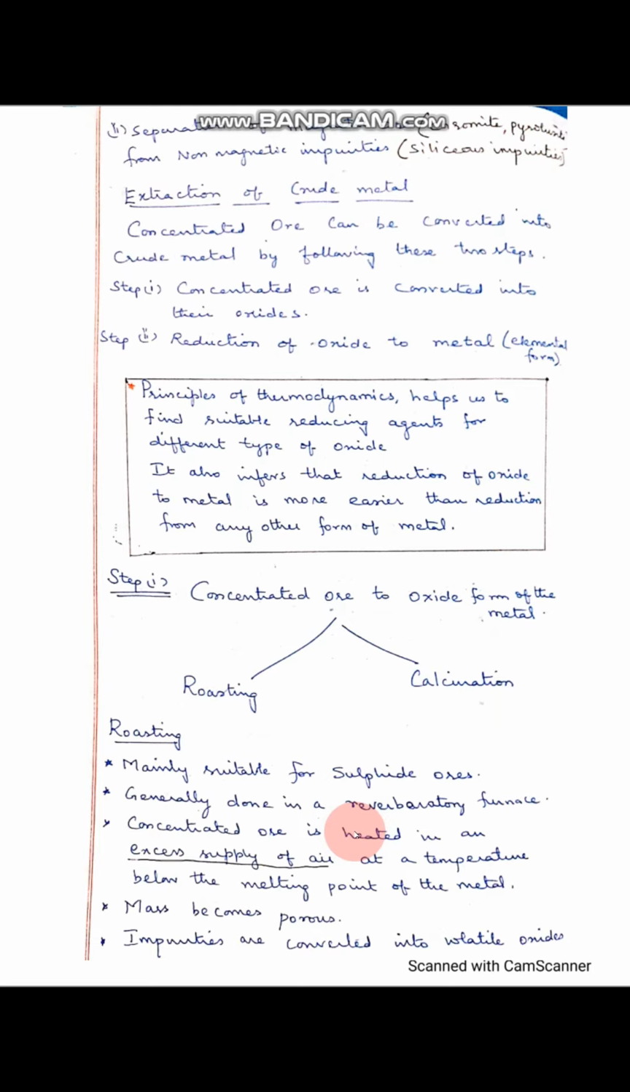That is, the concentrated ore has to be converted into the oxide form of the metal. And here, this can be done in two ways, one by roasting and the other one by calcination. What is the basic difference between these two is, this is decided based on the type of the ore. In case the ore is a sulfide ore, then roasting can be preferred and is mainly suitable for sulfide ore. And this roasting is generally done in a laboratory furnace, and it is done in an excess supply of